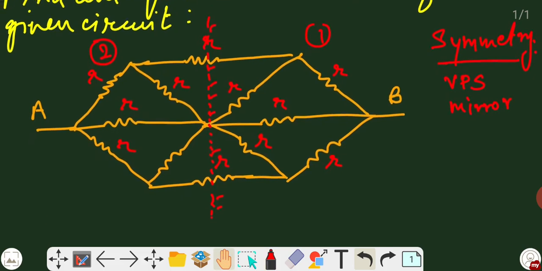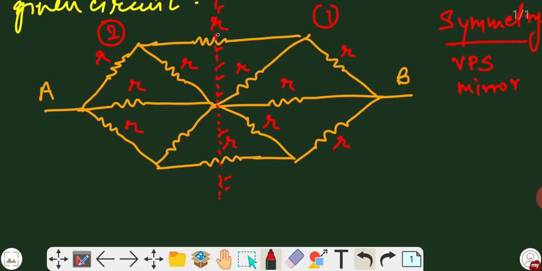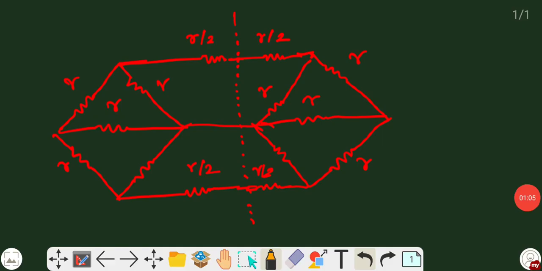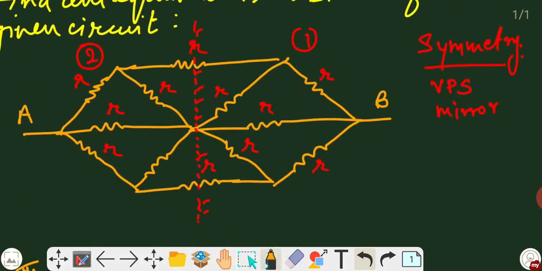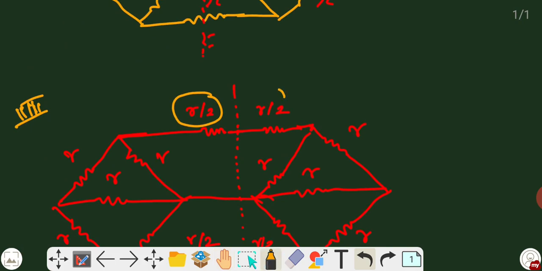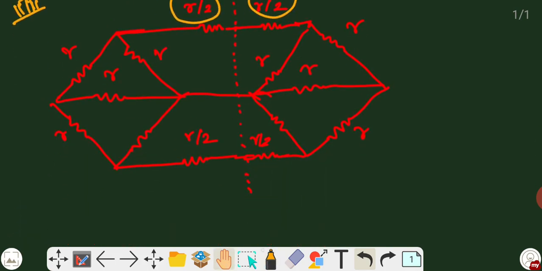So once it is analyzed, it will be broken up into two halves. Okay, so I am just going to draw the equivalent circuit. So I have drawn the equivalent circuit. You can see how I have broken the circuit. Here you will observe that this R was broken up into two parts. Like that it is broken up, and similarly here also we have broken it up into two parts.